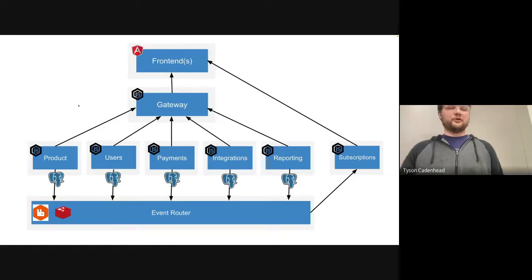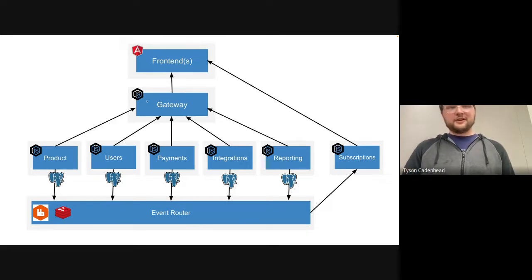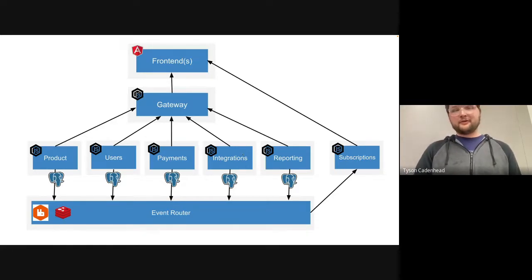So here's a real world example of the technologies you might use for this kind of stuff. Here I have an Angular front end. We've got a federated API here. This could be like a Docker instance running on EC2 with Node.js, and all these other things are basically that same thing. We have a few Postgres databases passing that stuff into the event router, and then the subscription. And the event router here is RabbitMQ.